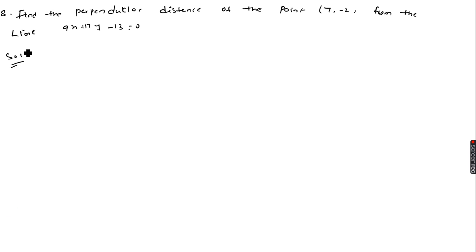So here the question is: find the perpendicular distance of the point (7, -2) from the line 9x + 17y, this one. So we know that perpendicular distance